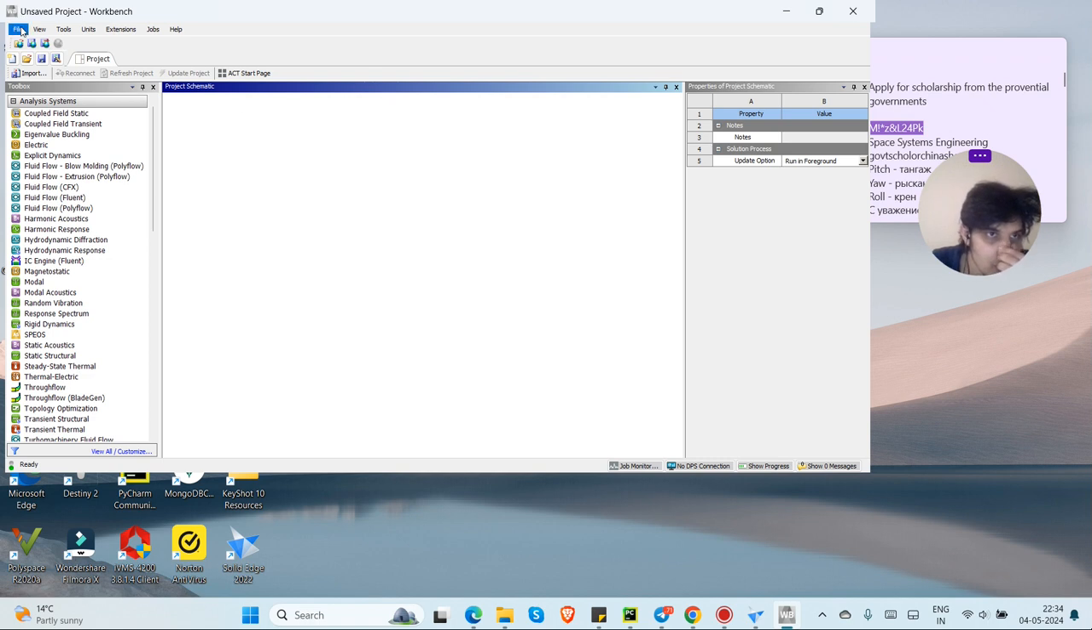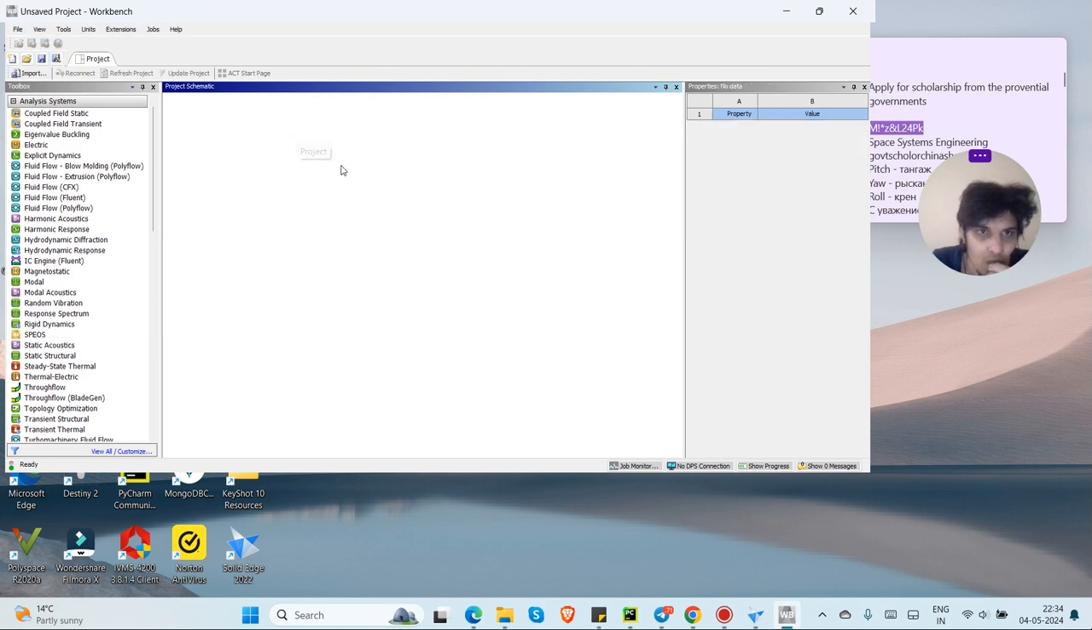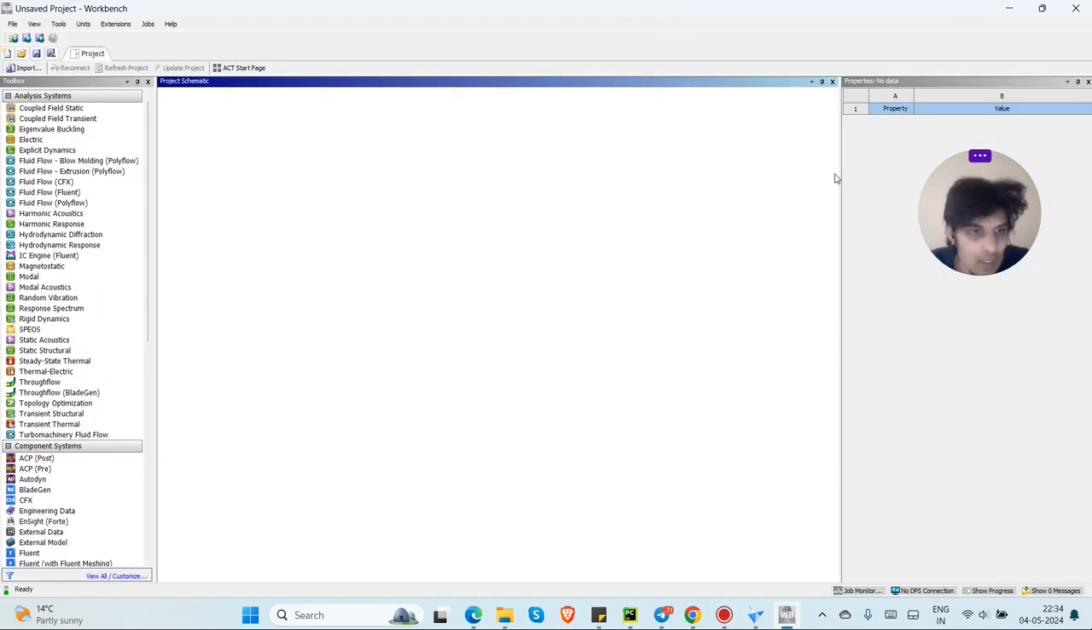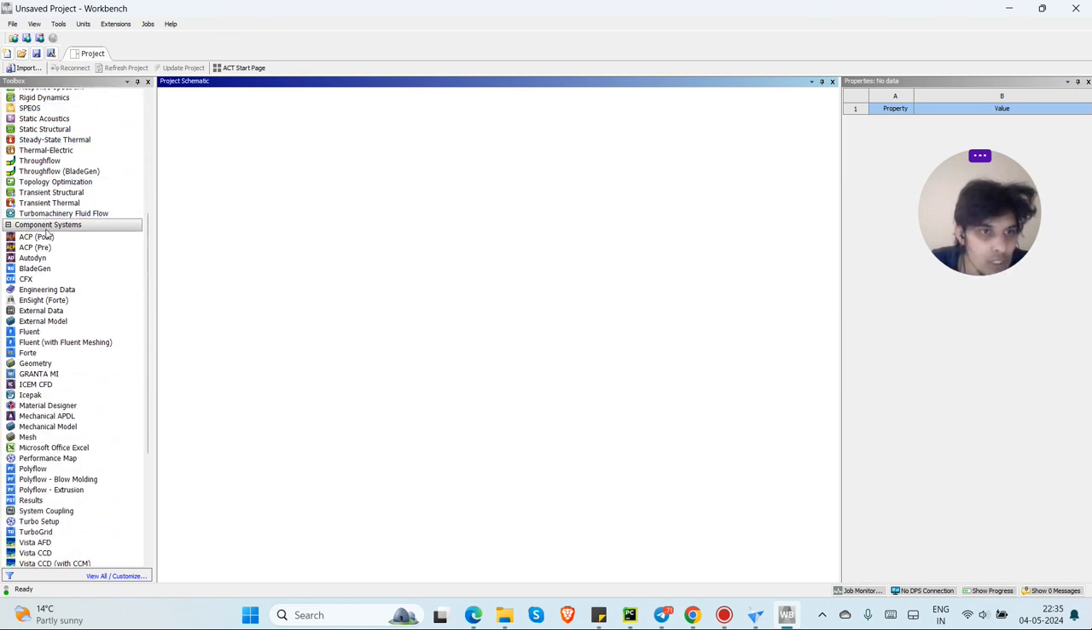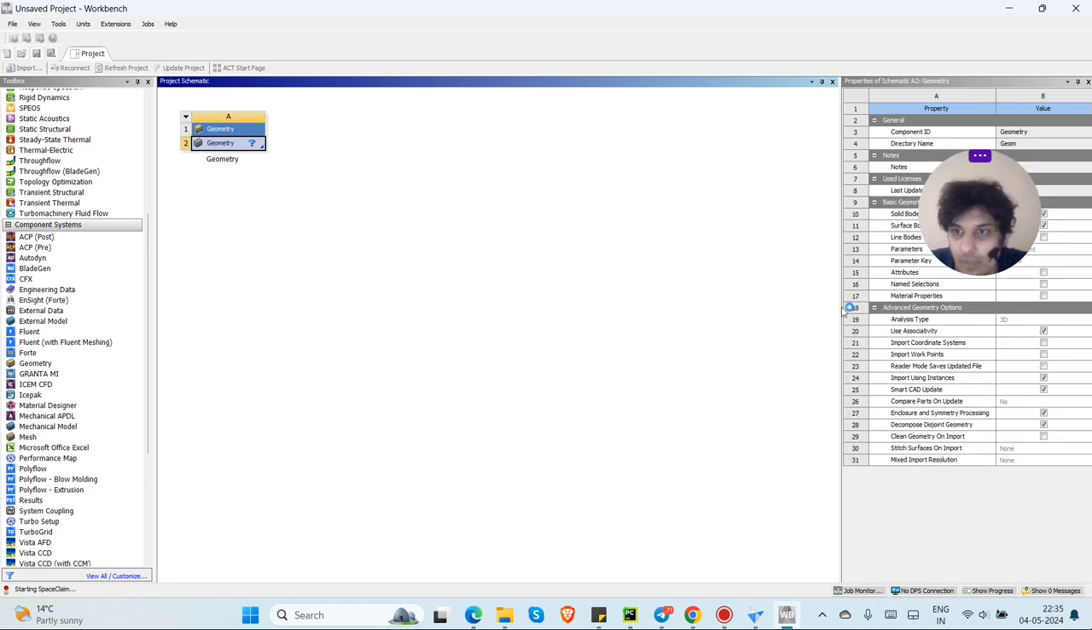So first, what do we need to do? We need to create a new project, as someone told me. And okay, what is that project called? Can I have full screen over here? Yes, I can. Then we need to expand our component systems and drag and drop a geometry component onto the project. Okay, so we have component systems over here as a tool, and we drag and drop geometry here. We double click on the geometry cell A2 to start Design Modeler. Okay, double click here,